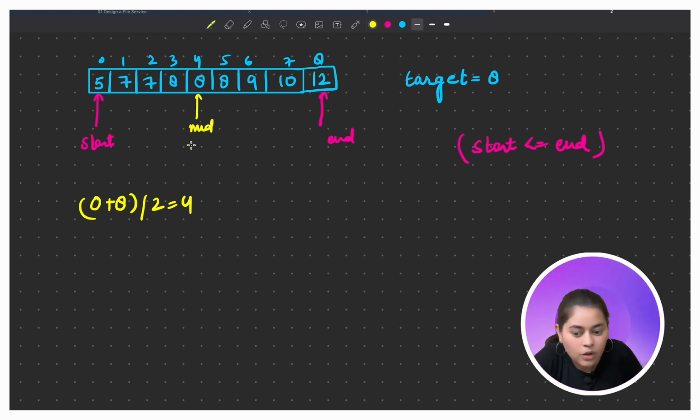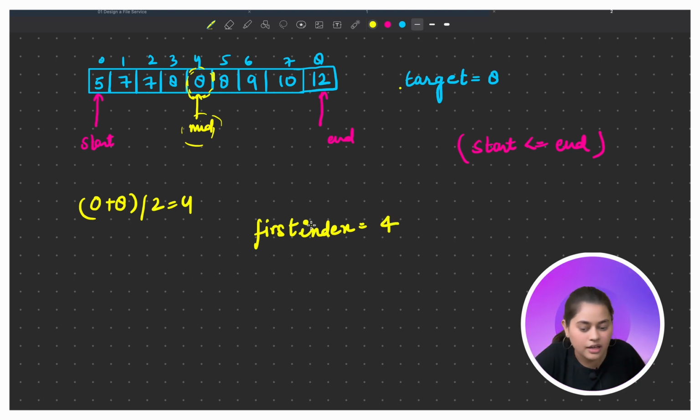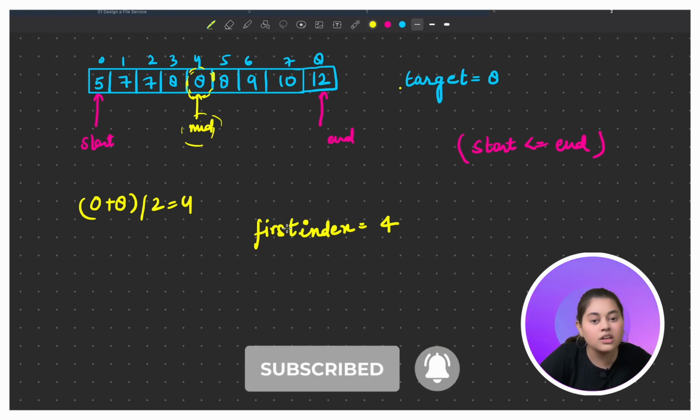Now we check whether this mid is equal to our target element. If it is equal to our target element, we return our answer, right? So this is what we do in binary search. But in this problem, we want to calculate the first index of the target. Since we have got 8, this can be our first index, right? So this 4 can be our first index. But since you want to know the first index of 8,